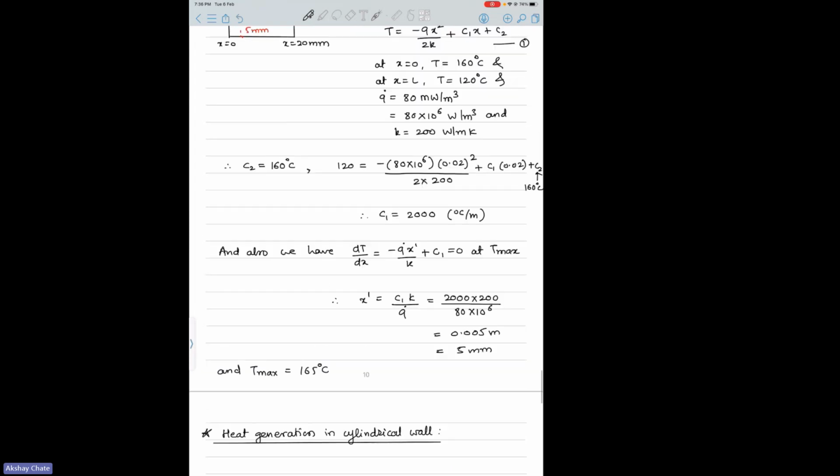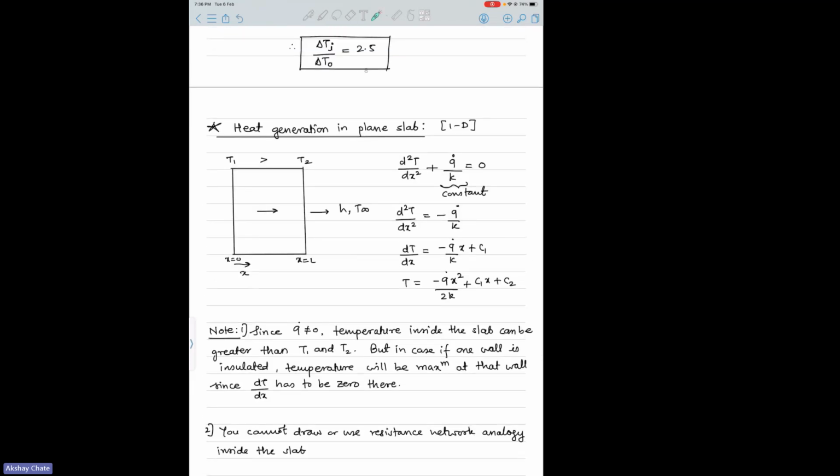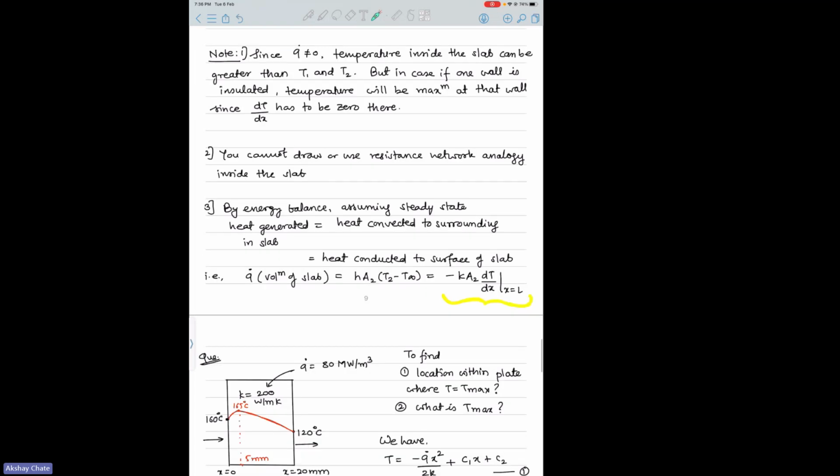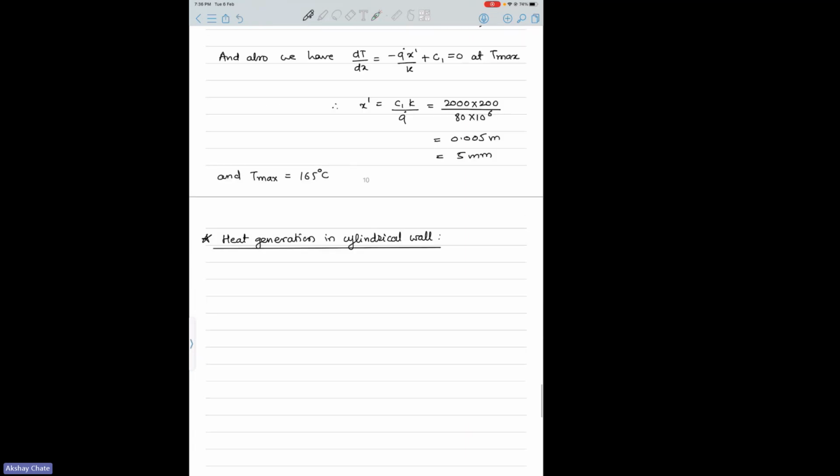In case of a cylindrical wall, this Laplacian will change. In Cartesian coordinates, this is like this. In cylindrical coordinates, it will be 1 by r del by del r into,